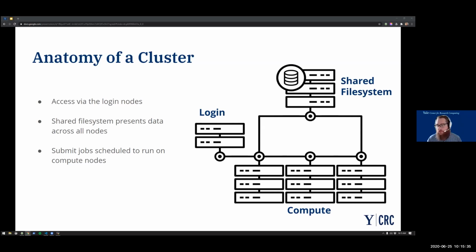That is where, when you type your SSH command, or open up MobaXterm, or go to the on-demand page, those are the actual servers you're connecting to that give you access to the rest of the cluster. So when you're connecting to the cluster, you are connecting to these servers, but the actual work and storage of your work happens on these other servers. They're all networked together in a data center over at West Campus at Yale.